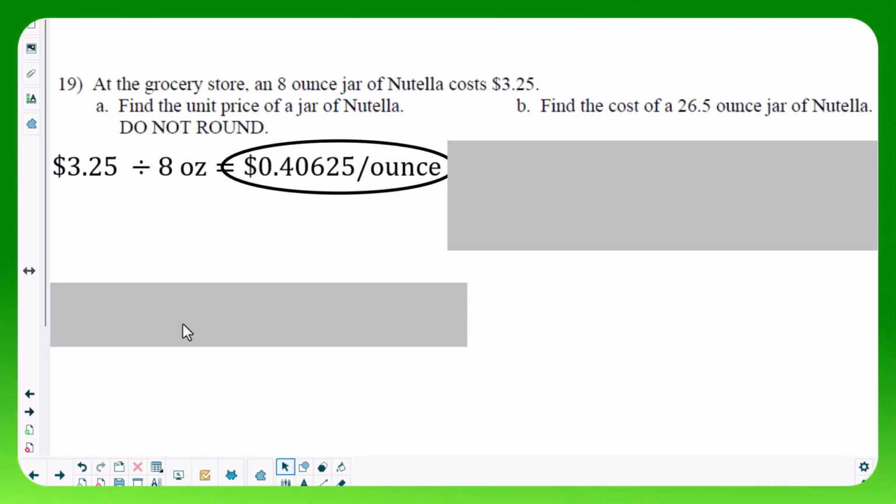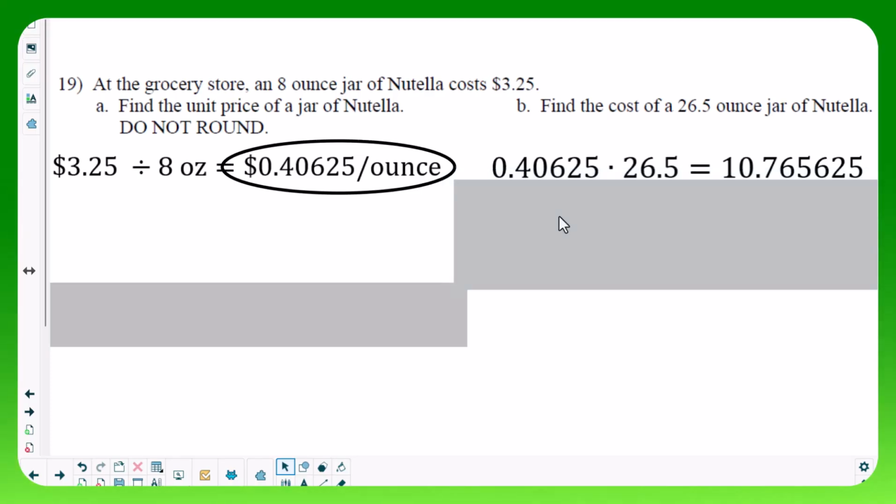If we want to find the cost of a larger jar of Nutella, 26.5 ounces to be exact, we can use that unit rate and multiply it by the number of ounces we're going to purchase. So if we take the cost per ounce, which is 0.40625, using that exact answer, and multiply it by 26.5 ounces, we get